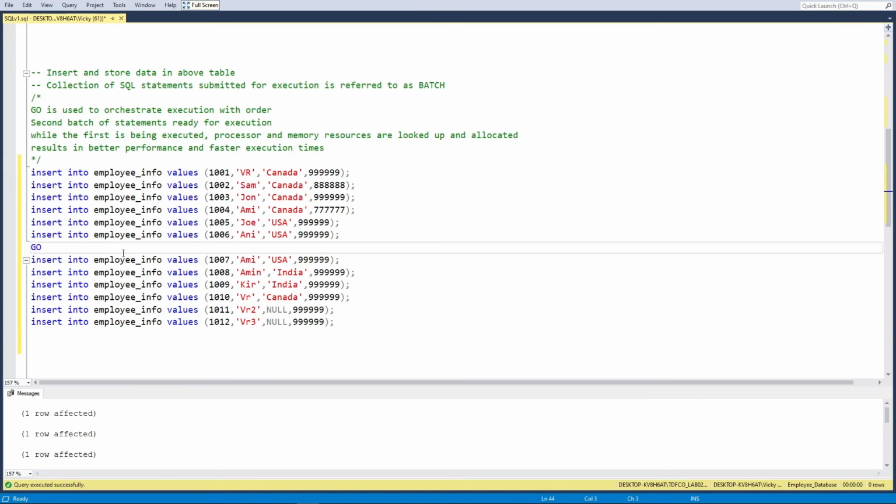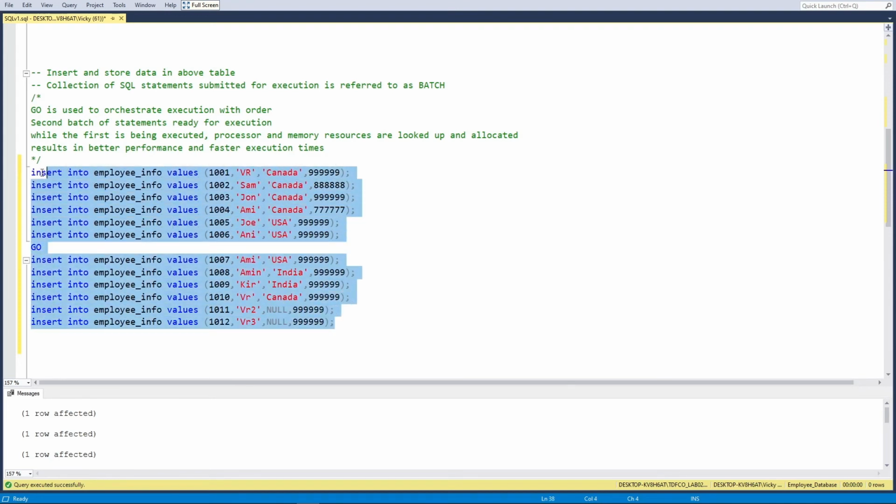So essentially what we have done here is we have used Go. Now Go is used to orchestrate execution with order. Now where is the order coming from, right? So you see the second batch of statements here. Now if we select both the batches of statements, now why am I using the word both? Because once we specify Go in between batches of SQL statements, it helps in